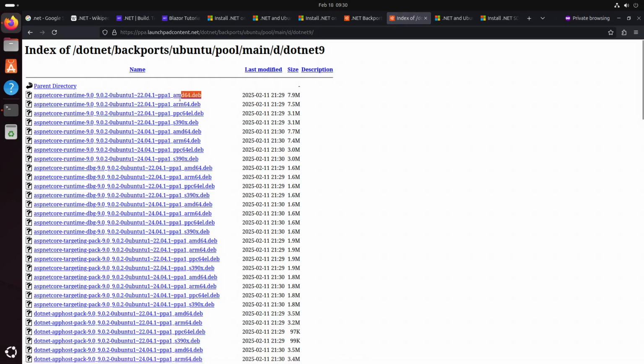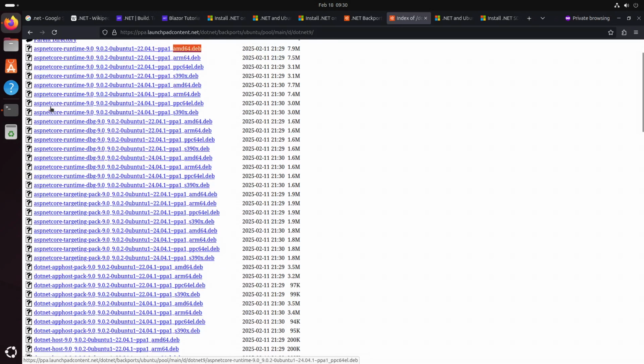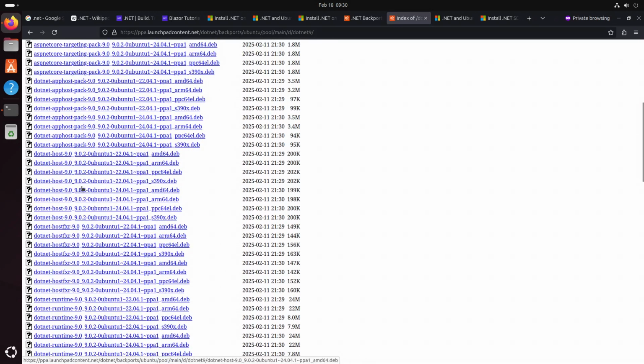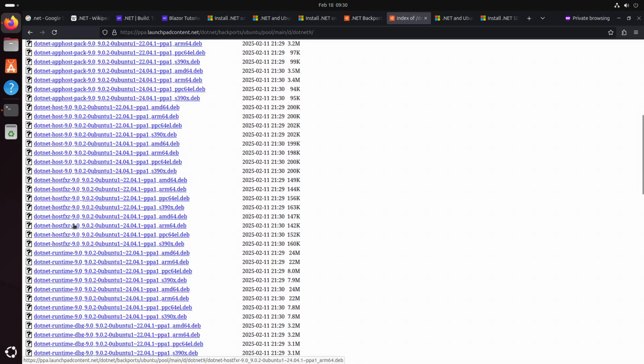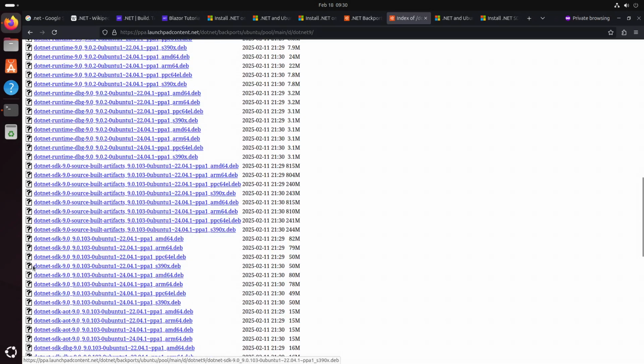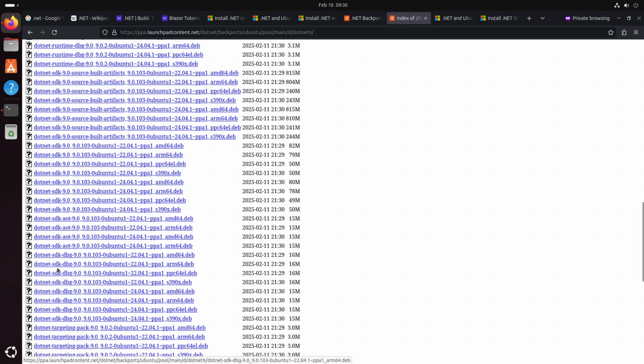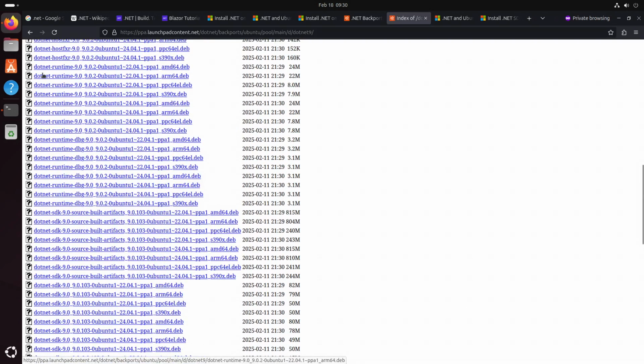So there are deb packages for AMD64 and other architectures. And the package names are ASP.NET Core Runtime, .NET Host, .NET App Host Pack, etc. And then there's .NET-SDK, .NET-Runtime,